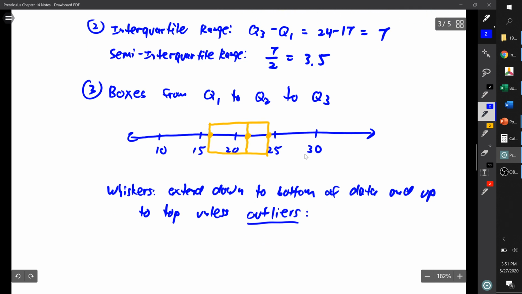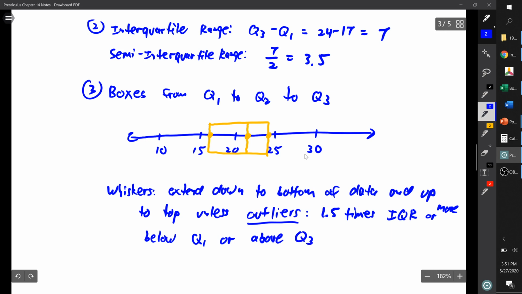Outliers are 1.5 times interquartile range or more below Q1 or above